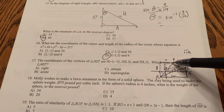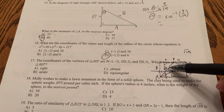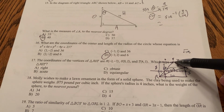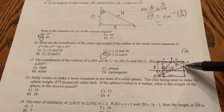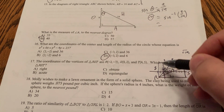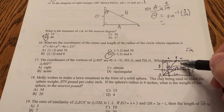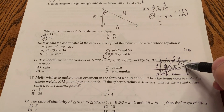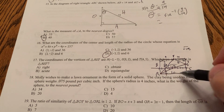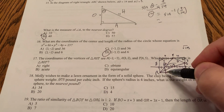So again, it's distance formula, but you can also use it to make a right triangle. 6, 8, 10, this hypotenuse being 10, would make that right triangle. This distance is 4, going down is 3. So this hypotenuse on this right triangle, so that would be a right angle, would be 3, 4, 5. Okay, so I had two distances, 10 and 5. And then from S to R, I went down 5 over 10, which, again, as we see here is a